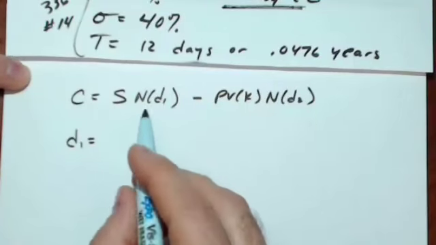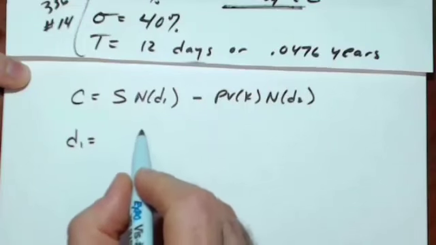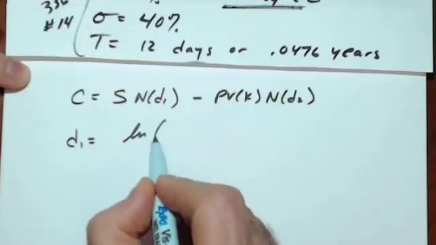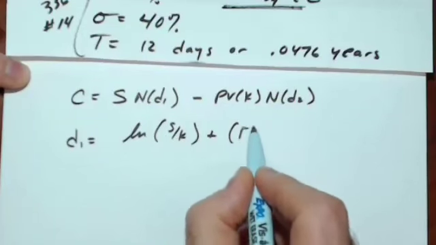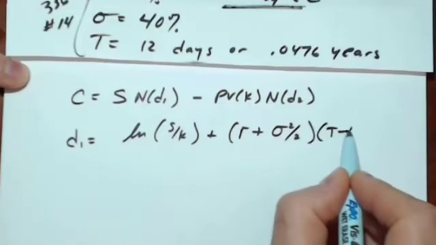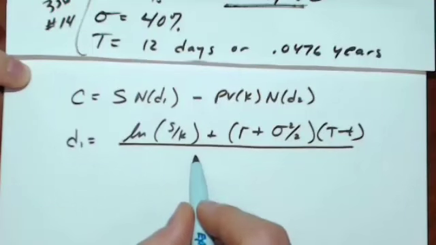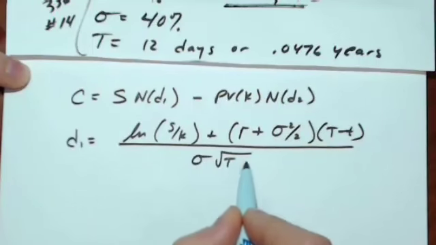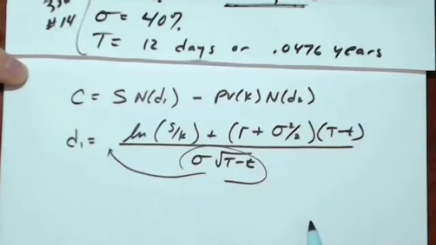Let me show it to you for the Black-Scholes model. And I'll show it in an ever so slightly different form than the text. The textbook will show it this way. But I'm going to write it all under, divided by sigma square root of T minus t. The textbook has this component written off to the side, but it doesn't matter. When it's in this form, it kind of looks like a